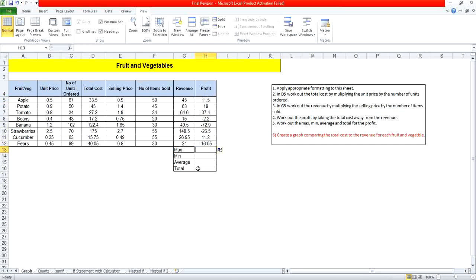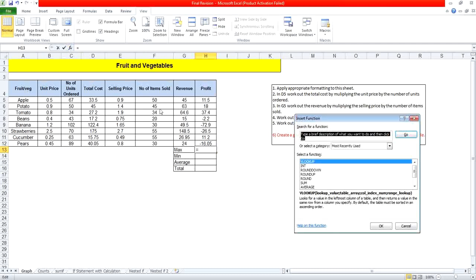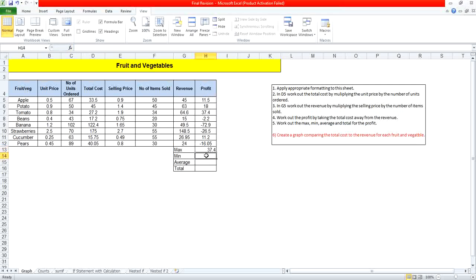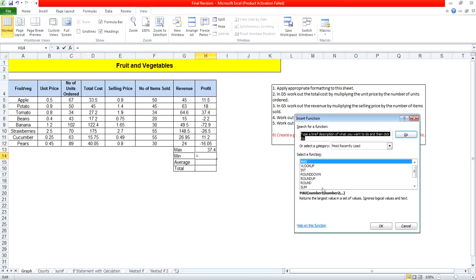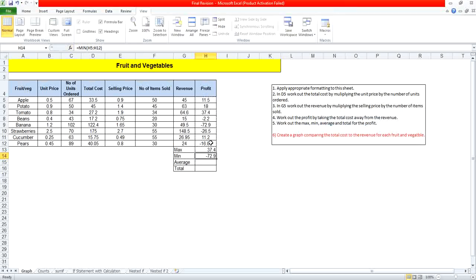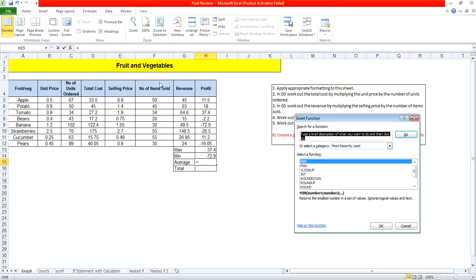Finally, we need to use a function to calculate the max, mini, average and total. Insert function, max. Okay, go. Here we're having the max, select the needed range and click OK. For the mini or the minimum, if you couldn't find it, type mini, go, select this one and select your range, click OK. For the average, again,